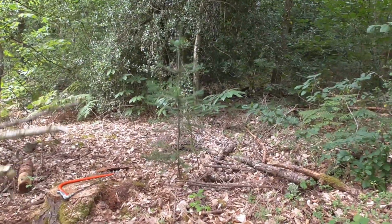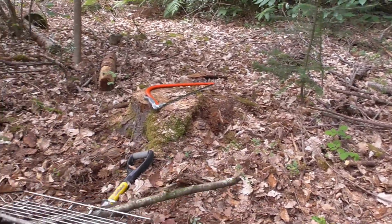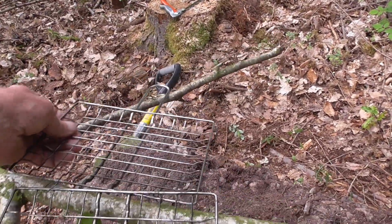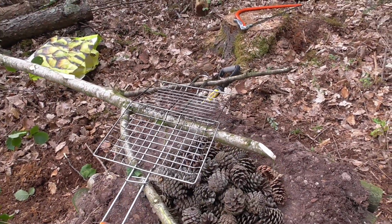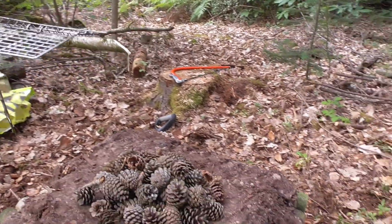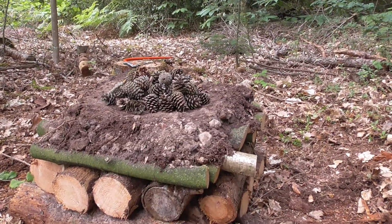Thing here, so we can have this over the fire like so. Yeah, we'll lash it on with something so it doesn't fall off. Fill it up with chicken. Sweet as a nut. The old raised fire, which we've never built one of these before, so that should save